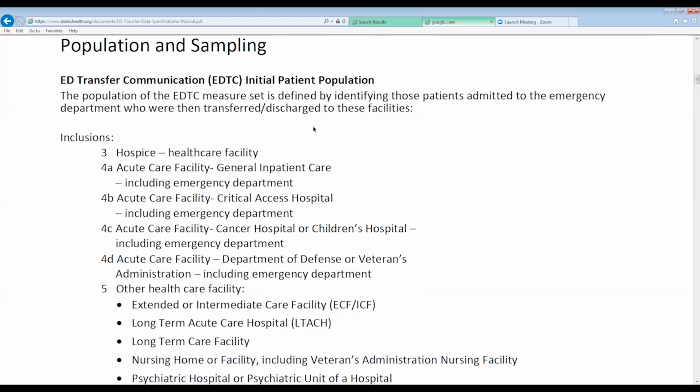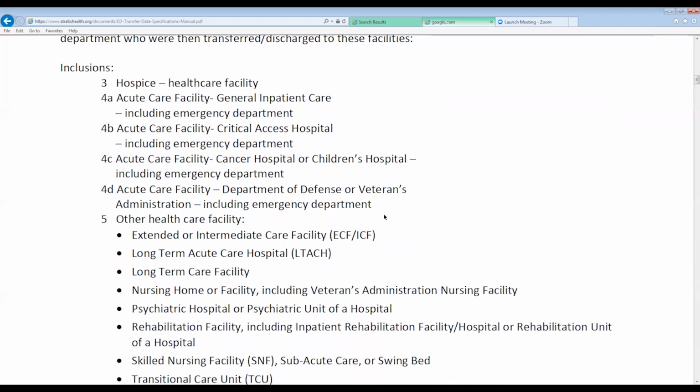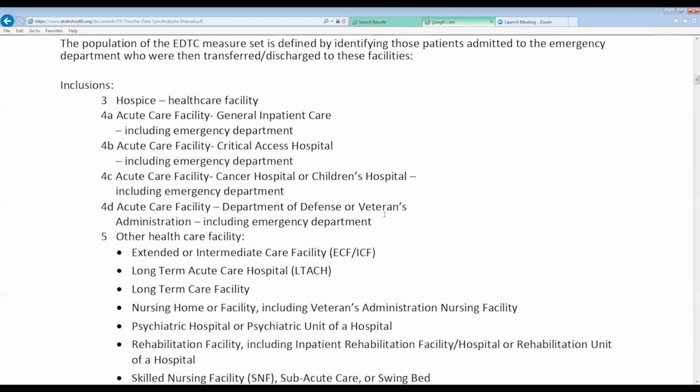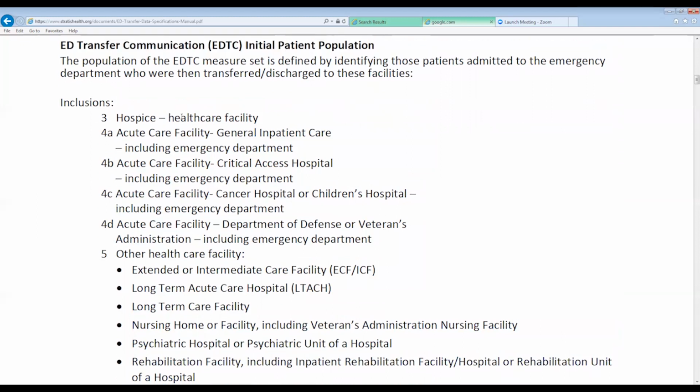So anybody who was seen in your ED and discharged or transferred to any of these facilities under the inclusion should be a part of this population. So if they are transferred to some facility, that's a hospice. Any kind of healthcare facility, that's a hospice. If they're going to another acute care facility, okay,